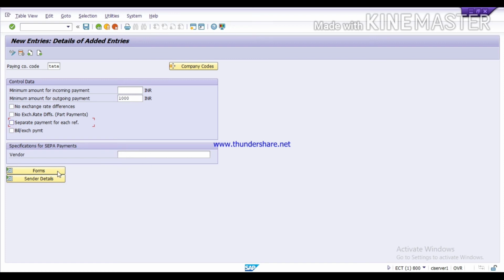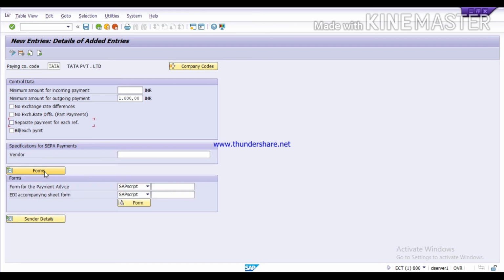Now the next step is to click on forms. Under forms, there is the form for the payment advice. The question in your mind is, what is a payment advice? It is the information of the invoice against which you release the payment or check.